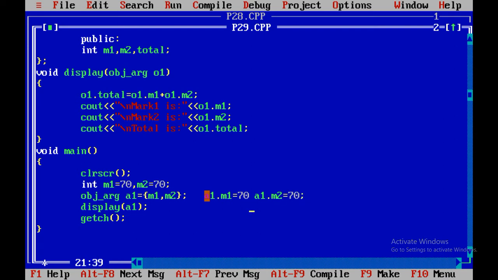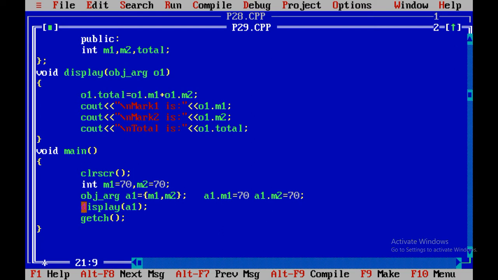Now what I have passed, see, this function is called the UDF with argument without return. So over here I have passed the whole object a1. a1 contains what? a1 contains a1.m1 and a1 contains a1.m2. So both the values I have passed with the object a1.